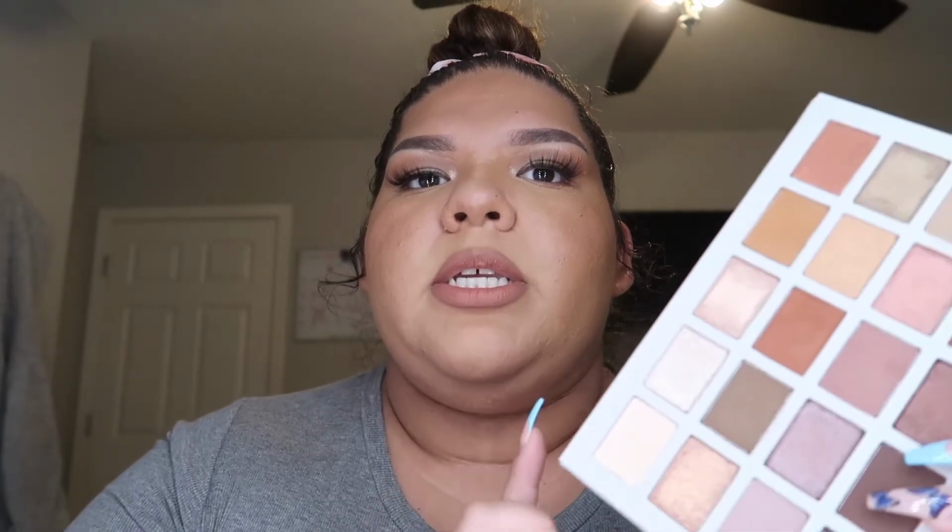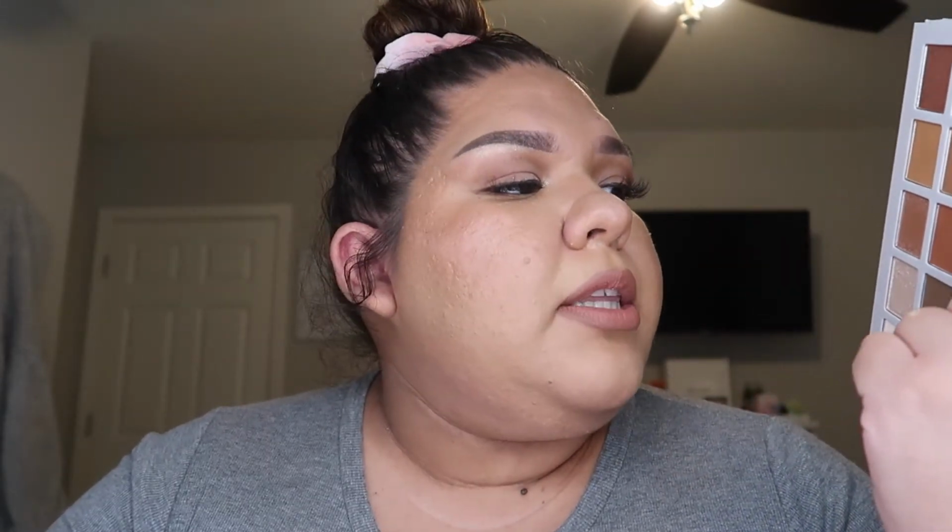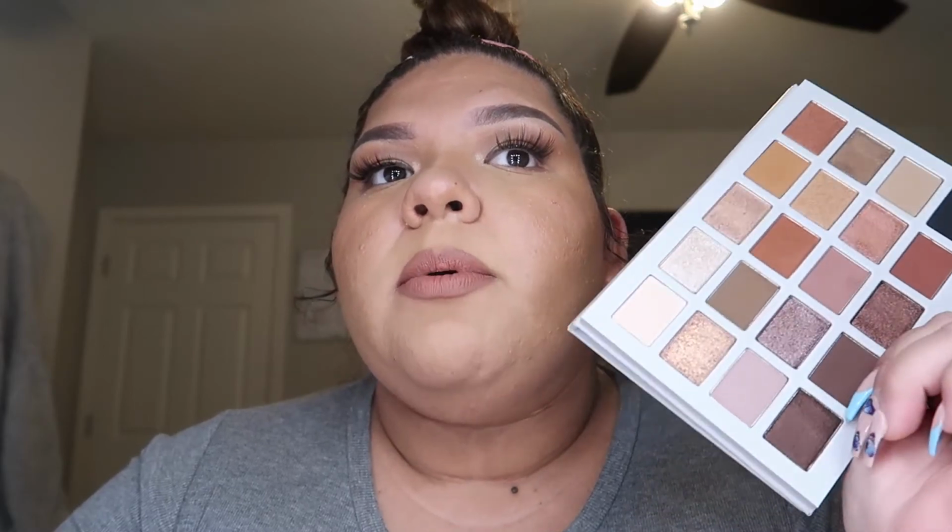As far as the eyeshadow palette goes, I actually really liked it. I think the mattes blended beautifully. They were very easy to blend, and the colors were pretty pigmented. Like, you definitely need 1 to 2 dips into the palette and you'll get a full payoff. I will say though, the mattes and even the shimmers do have quite a bit of fallout